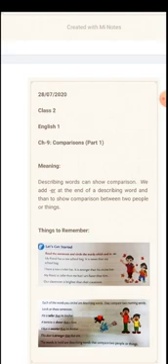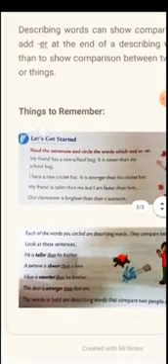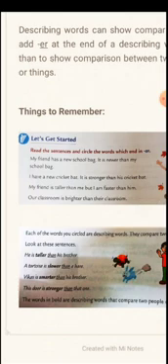So to understand this well, we will have an activity here. So let's get started with this activity. Read the sentences and circle the words which end in er. So we have to circle all those words here which end with an er.